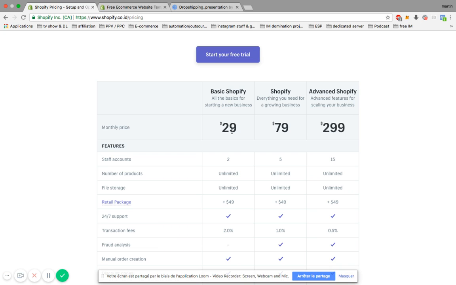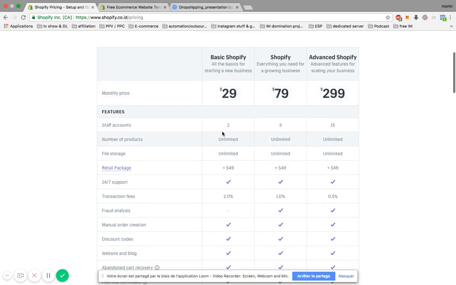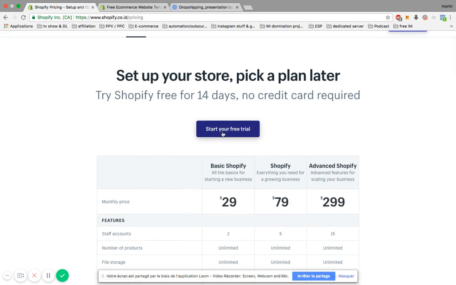And then afterwards, the more people you have, for example, let's say you have people who are going to take care of your Facebook ads and your Google and all that stuff, then you might need to add more people, but that's down the road. And if you need to add those people, it means that you're already making a lot of money, and so $79 a month will be just a breeze, okay? But just go with $29 a month. There's a free trial here.